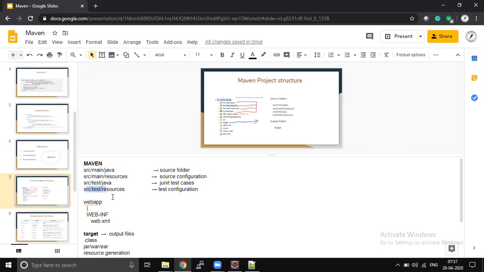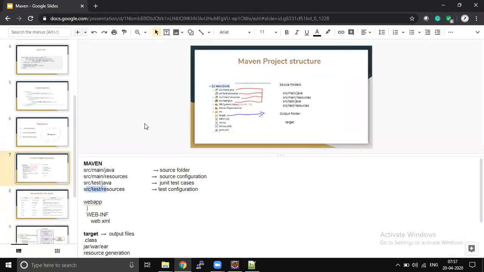But how is Eclipse going to understand, because there is no relationship between Maven and Eclipse, right? It's just a plugin. In terms of Eclipse, Maven is a simple plugin. That's it. Then how is Eclipse going to compile the files which are present inside SRC main Java?